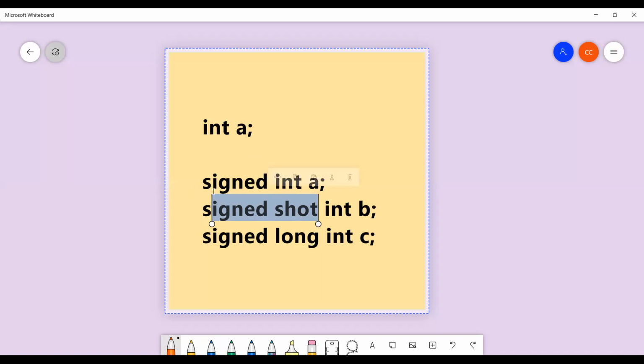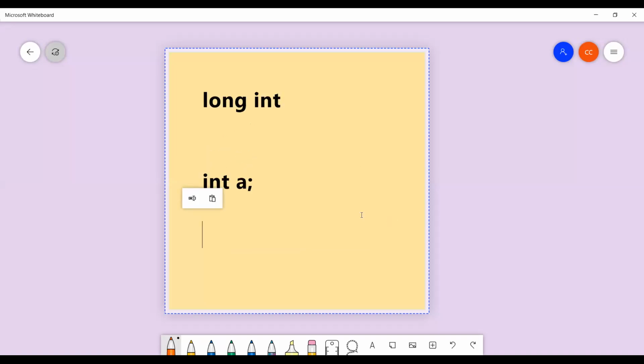So first I will take a very small example, integer a. Let us consider this is signed integer. First of all, try to understand that every variable contains name, value, size, and address.